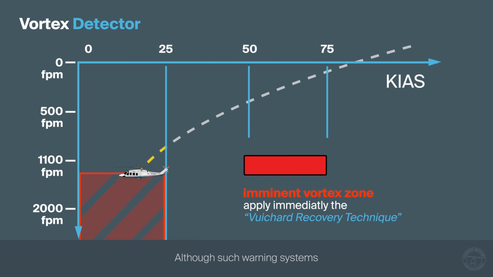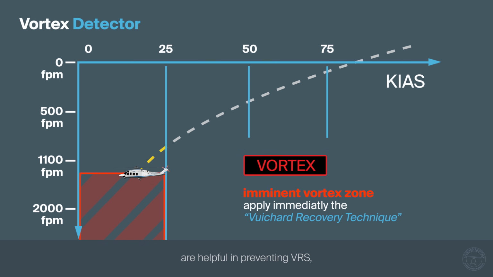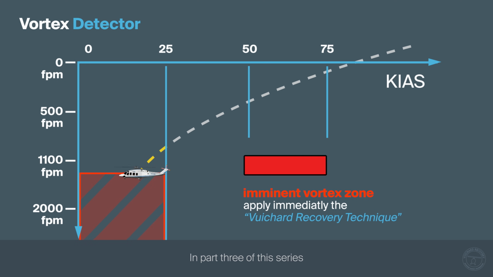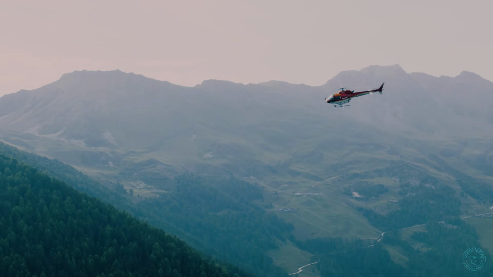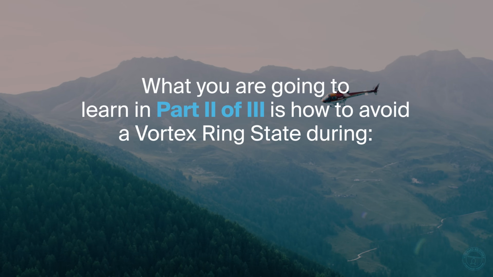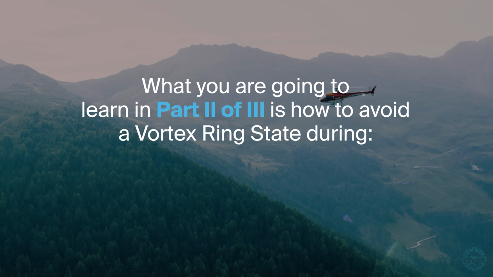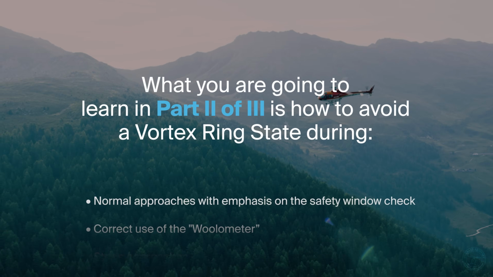Although such warning systems are helpful in preventing VRS, even these systems have their limitations. In part 3 of this series, we'll show in more detail where special caution is required despite such warning systems. What you're now going to learn in part 2 of 3 is how to avoid a vortex ring state during